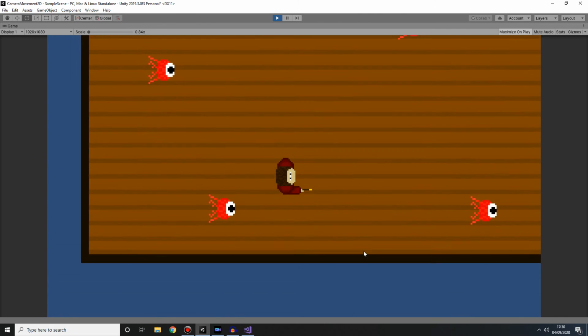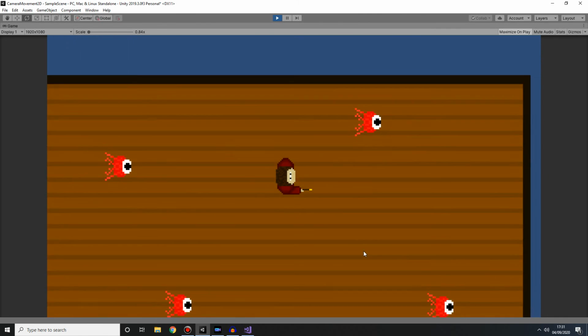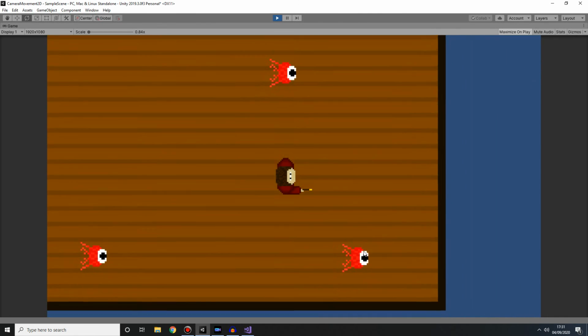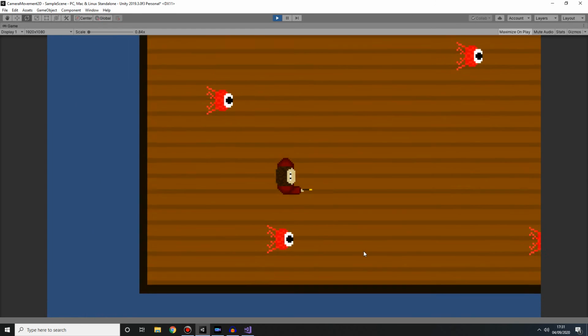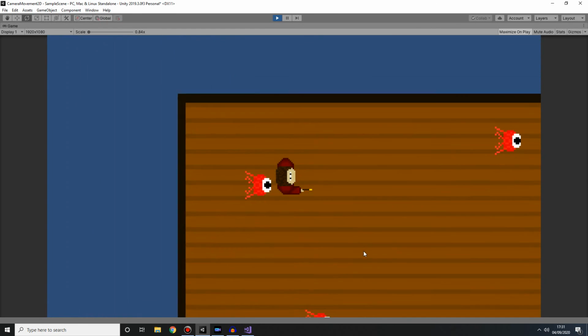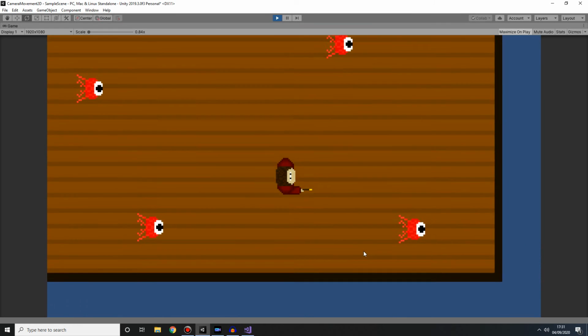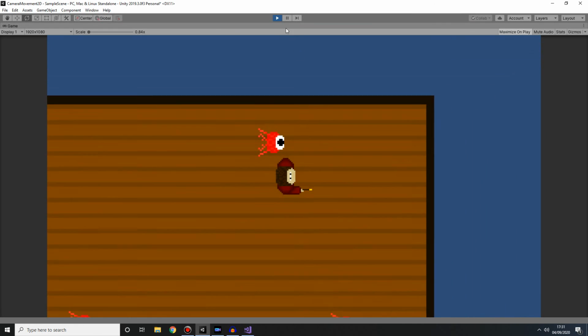But anyway, today I want to very easily and simply show you how to implement 2D camera movement into Unity. And what I mean by that is I want to teach you how to get the camera to follow the player. That's it, it's going to be as simple as possible, so I hope you enjoy the video and I